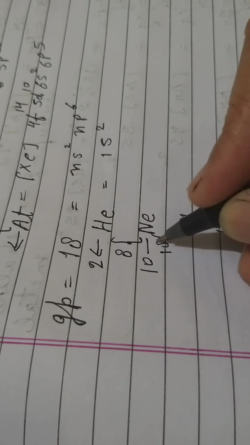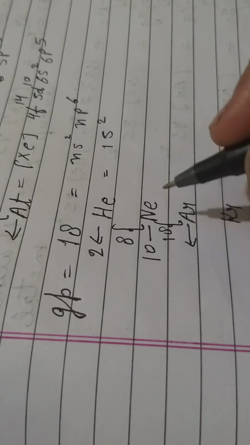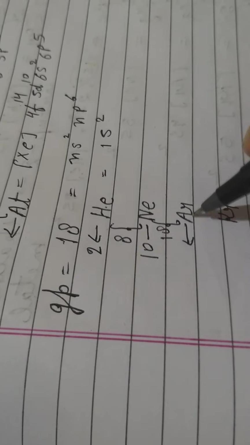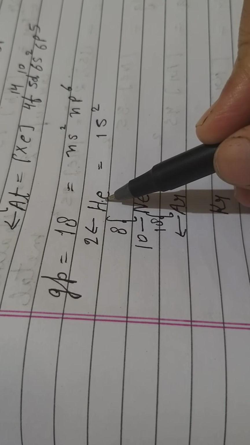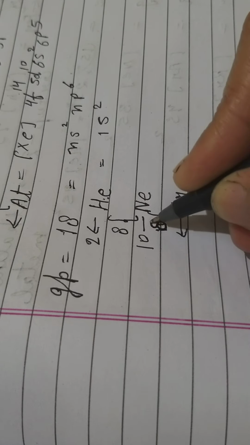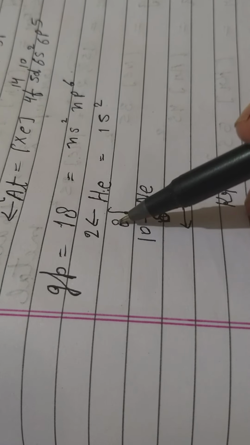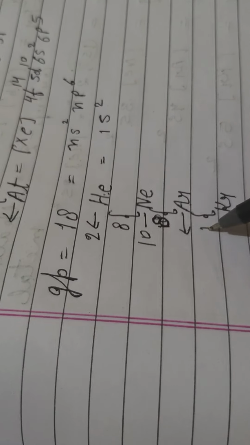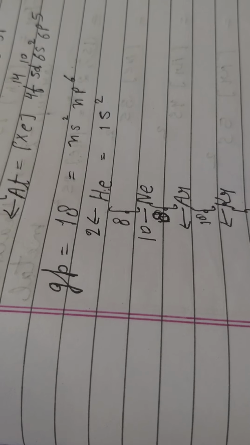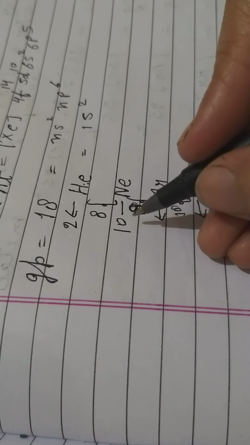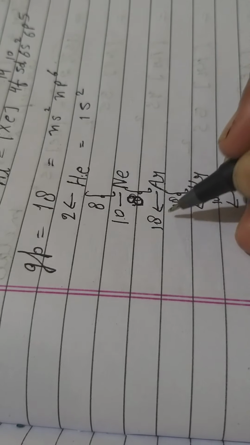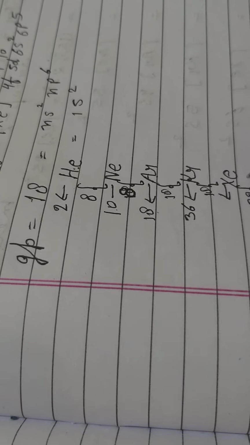After that 18 is to be added. 8, 18. Here 2 is to be there. 8 and 18 is to be added, or 8 is to be added? 8 is to be added because helium starts from the first period. Okay. So only for group 18 this pattern is to be followed: 8, 8, 18, 18, 32. That you have to understand. 18, 18 and at last 32 is to be added. Okay. So you will get 10 plus 8, 18, 18 and 18, 36. The rest I think you can do yourself.